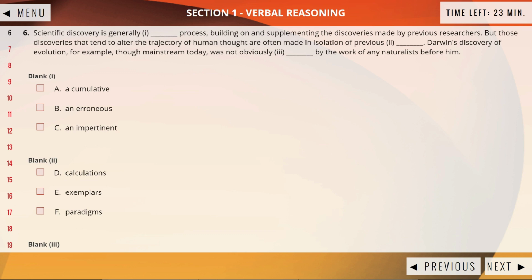Okay, scientific discovery is generally something process, a cumulative, not erroneous process, impertinent, no, it has to be cumulative, it builds up. But those discoveries that tend to alter the trajectory of human thought are often made in isolation of previous work, could be paradigms or calculations. So these discoveries that alter the trajectory are often made in isolation, okay? Darwin's discovery of evolution, for example, though mainstream today, was not obviously